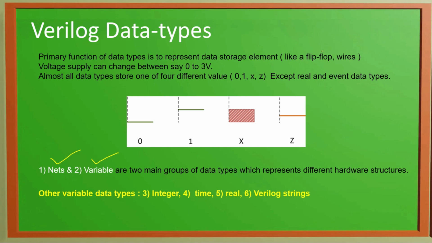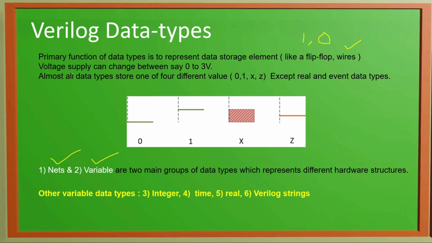Like we know the flip-flop. What is the function of a flip-flop? It stores the value. Which values? Digital values, ones or zeros. So these values are stored in memory. For example, we are using flip-flops for the storage. What are the nets? The basic type of net is a wire. Wires are not directly memory storage devices, but they pass the value of a particular section to another section.